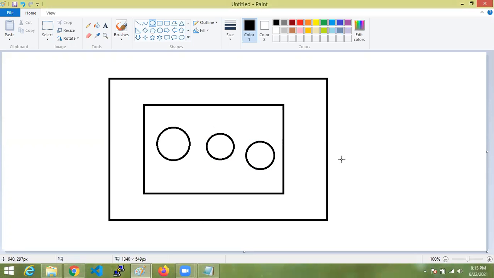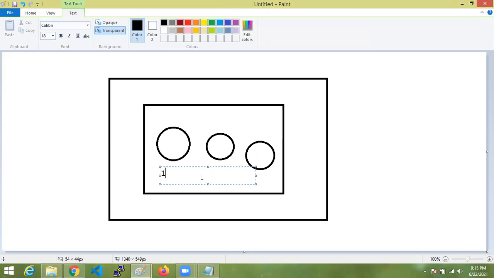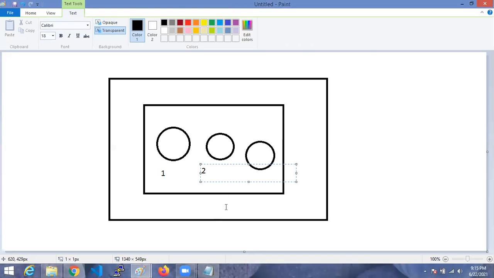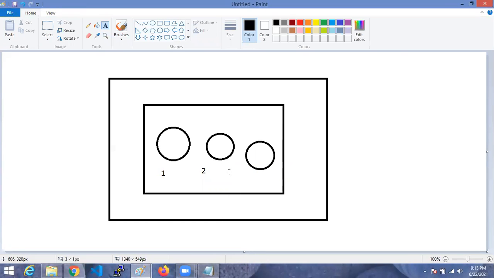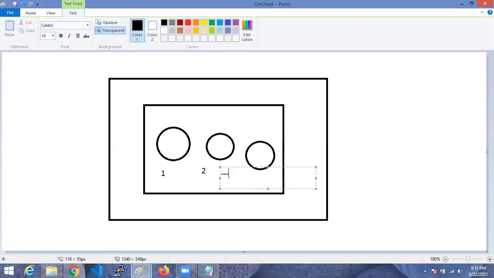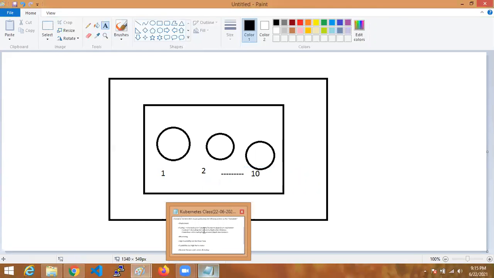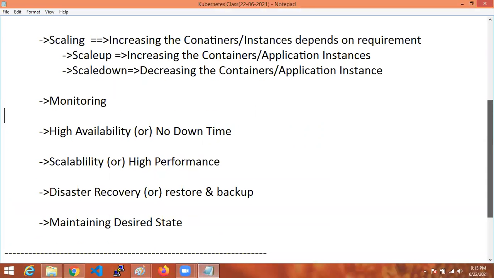These are all containers. Assume I want 1 to 10 containers. My desired state is 10 containers or instances to run in my application.